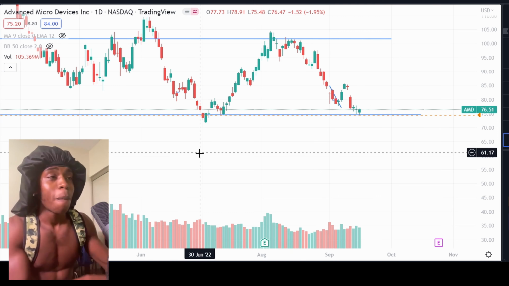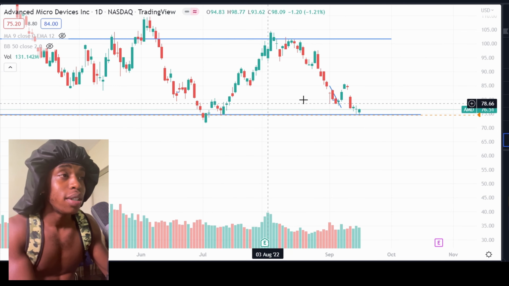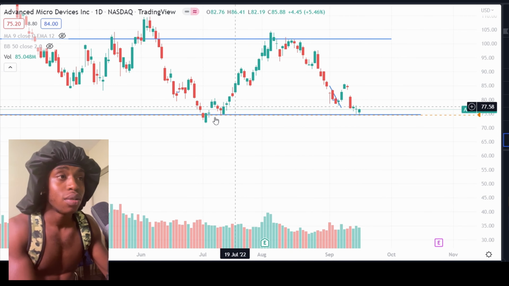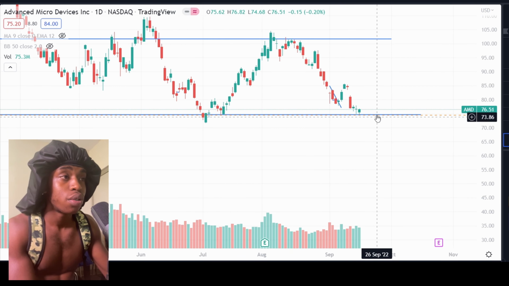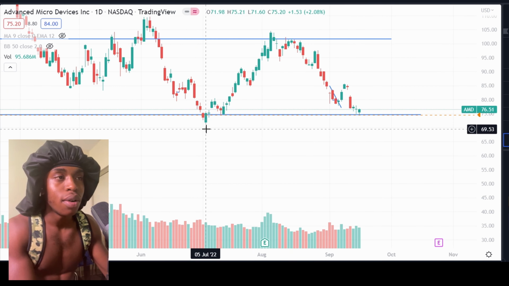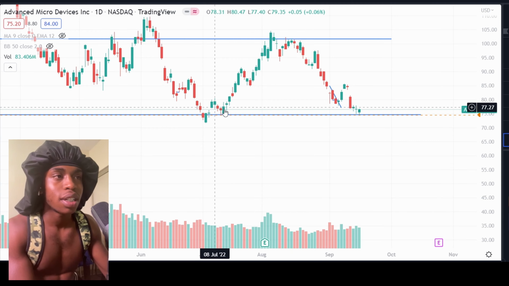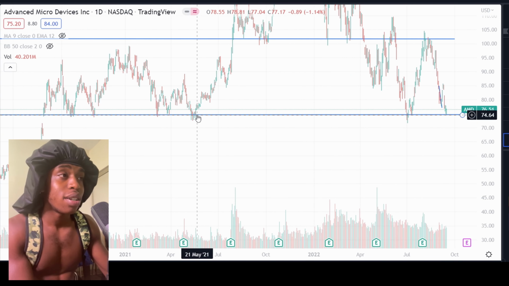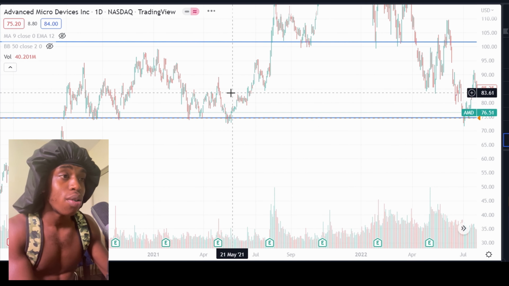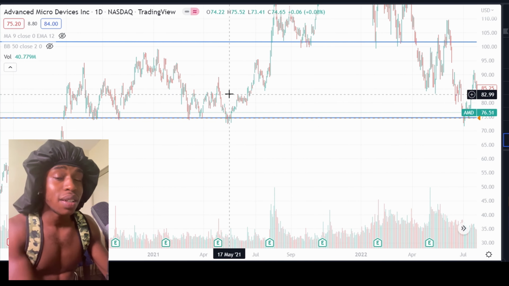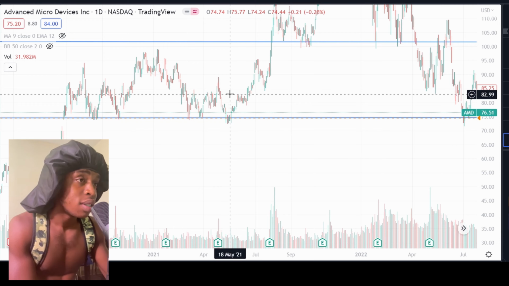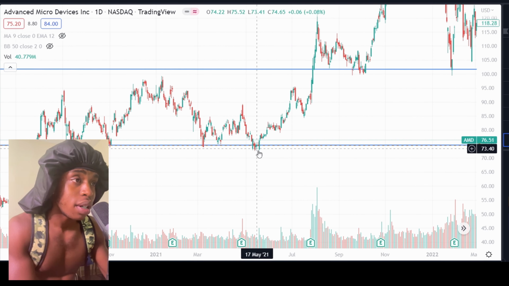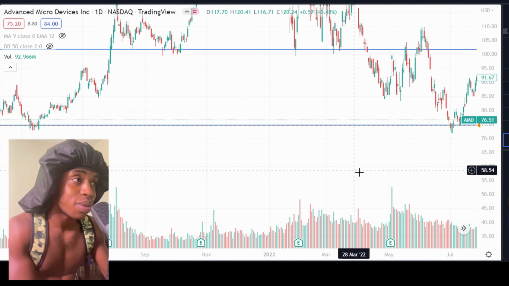Yeah, so look. See, it hit the point, but two times it hit the point of resistance. One, two, three. Yeah, it broke down below, but it really went right back above it. That's one, two. And look, this day chart, let's say we zoom out. See, it hit it. It did the same thing all the way back in May 17, 2021. And it went below, and it went right back up, and they're doing the same thing